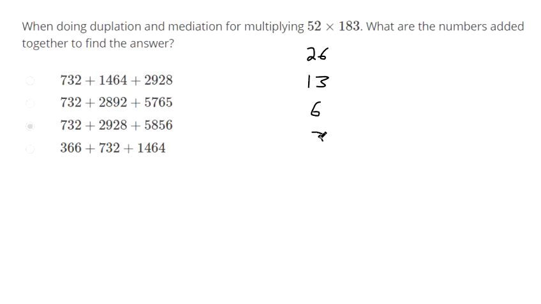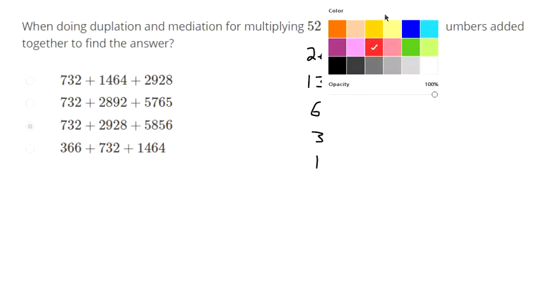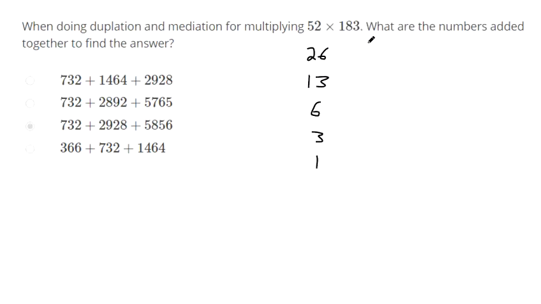Divide by 2 again. Divide by 2. 3 divided by 2 is 1 with a remainder of 1. So we drop the remainder. Now with the other column of numbers, what you do is you multiply the number by 2. So 183 times 2 gives us